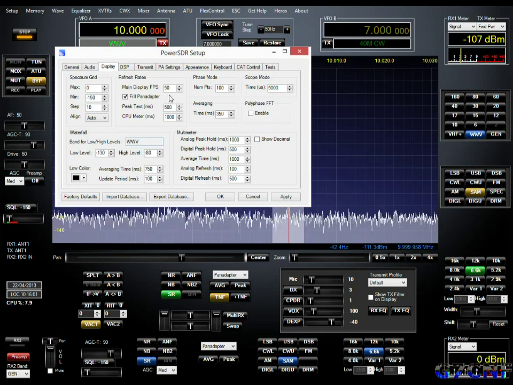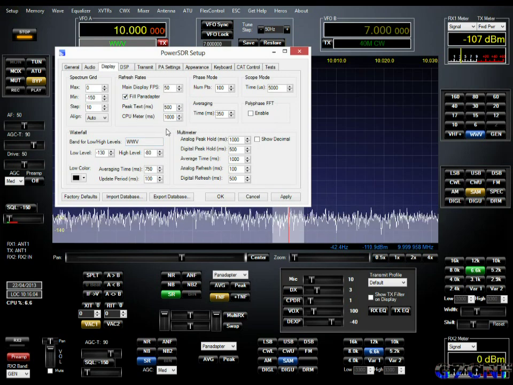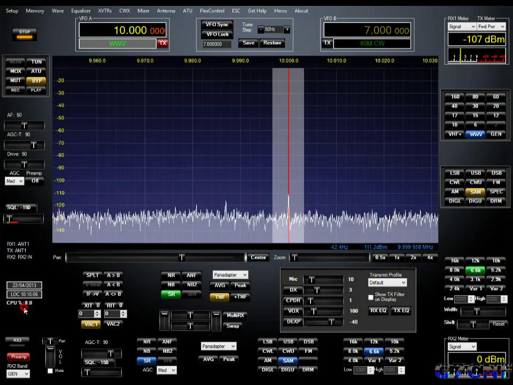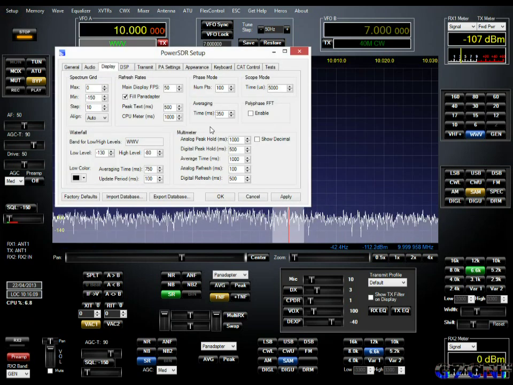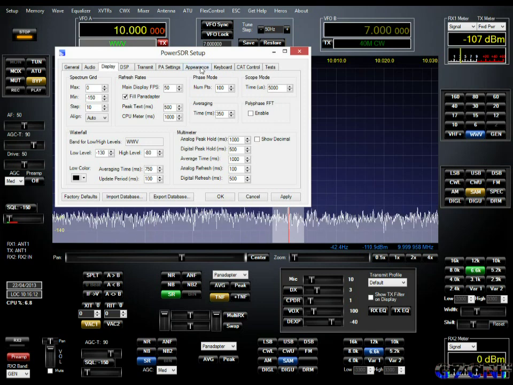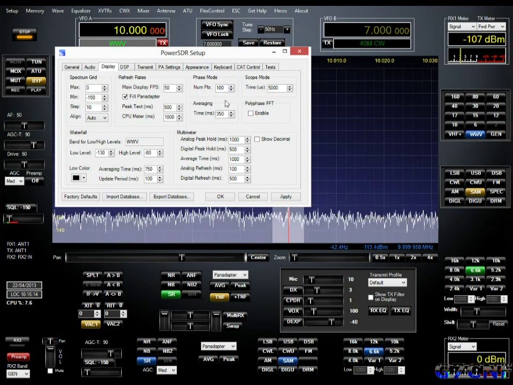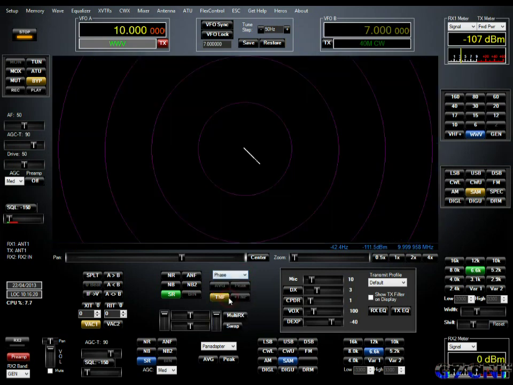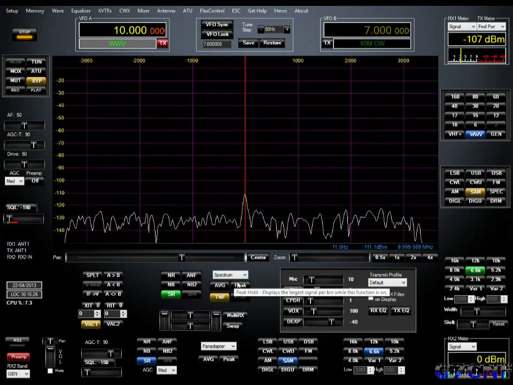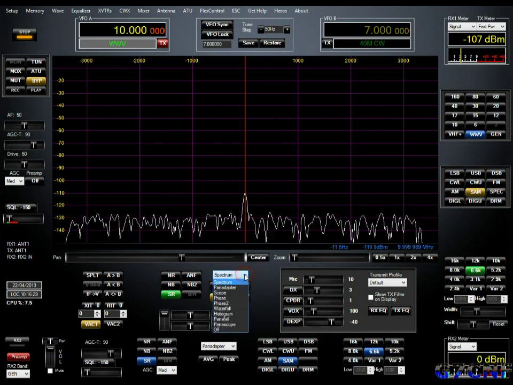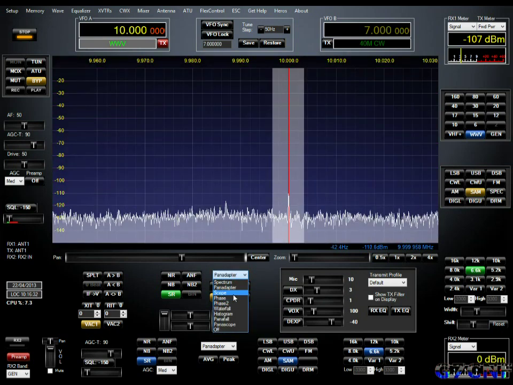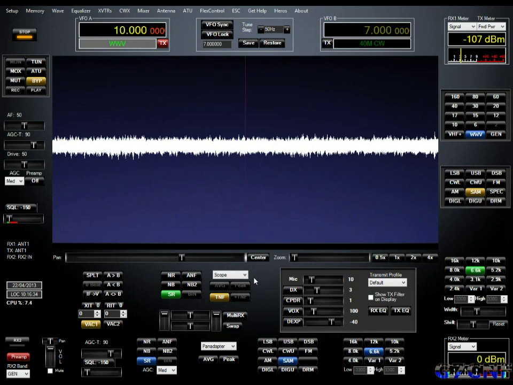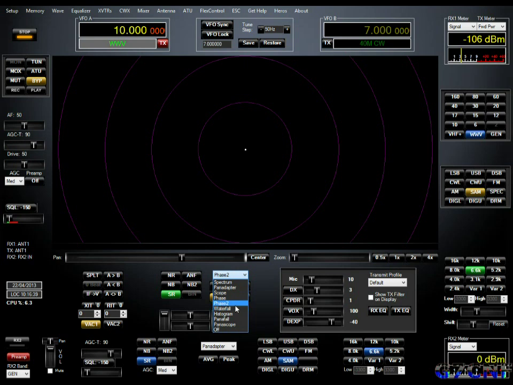The peak time and CPU meter, the CPU meter is down here. You can adjust the speed at which the information is refreshed. The same with the phase mode, which is a different mode available from the drop down, where the Flex is capable of showing you a number of different criteria: spectrum of the pan adapter, scope, phase and phase 2, waterfall,